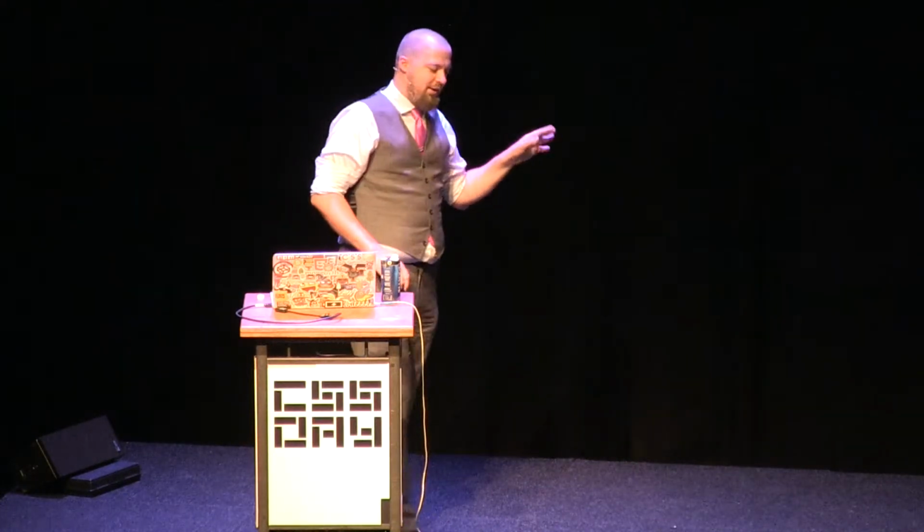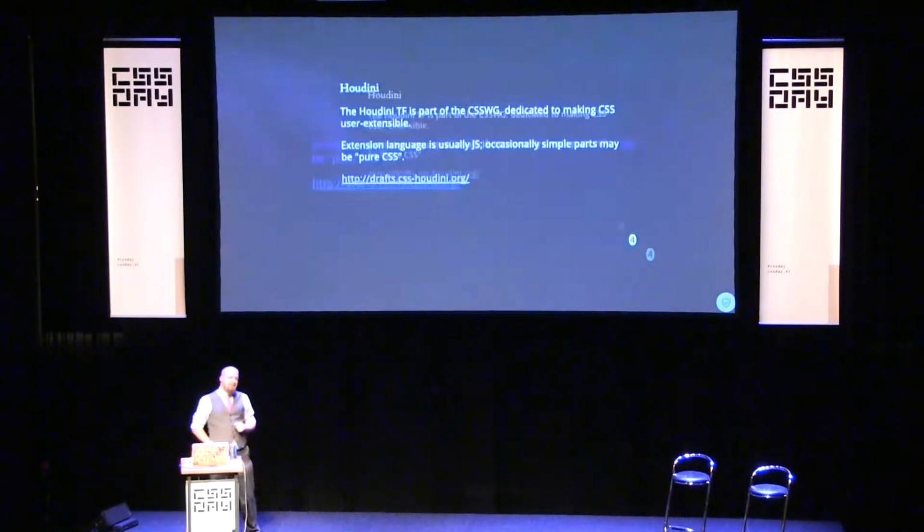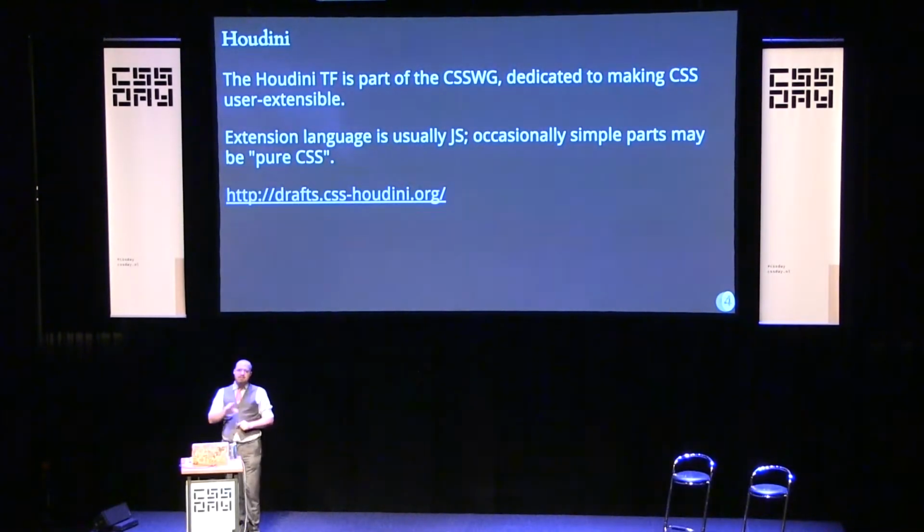CSS is in the same boat here. It's taken us a bit longer to learn it. We have 400 or so properties, each with their own unique microgrammars that you have to memorize, and no way to define your own. The Houdini project in general is about changing this and finally allowing people to extend CSS, to take various pieces of the CSS engine and plug into it from JavaScript, adding your own functionality, changing it in ways that we didn't anticipate, giving you the velocity that we can't give you because, well, it takes a long time to do anything in CSS, or at least in a proper development cycle.